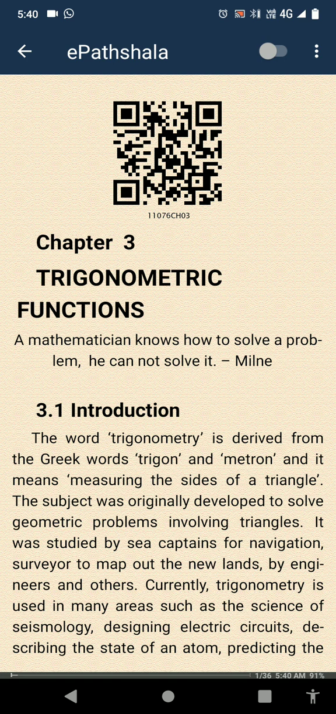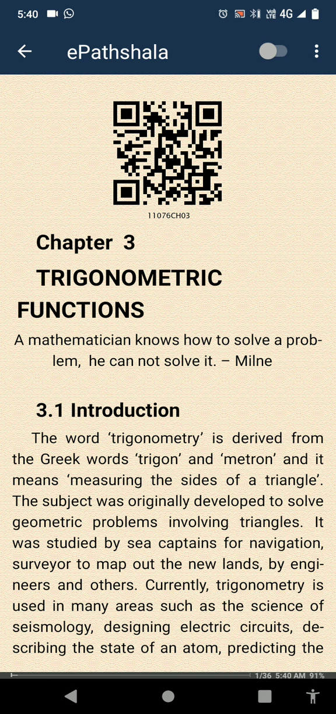You know about the triangle. A triangle is a shape surrounded by three sides, a closed structure of three sides. So how many angles should be present in a triangle? Three angles, three interior angles will be present. The subject was originally developed to solve geometrical problems. So this chapter, trigonometric functions, was developed for solving problems related to